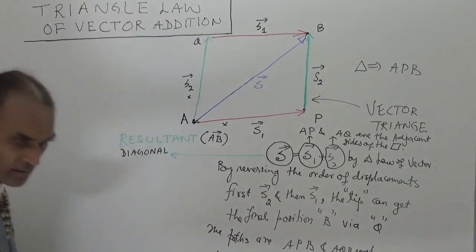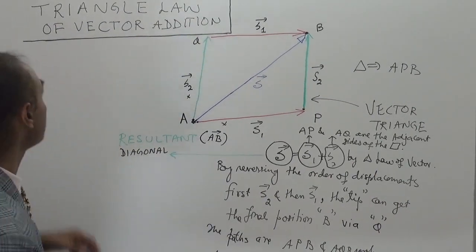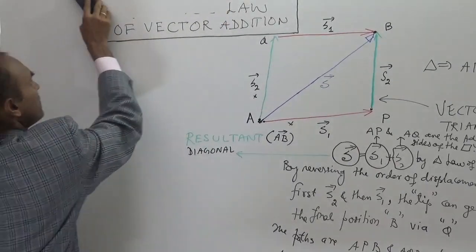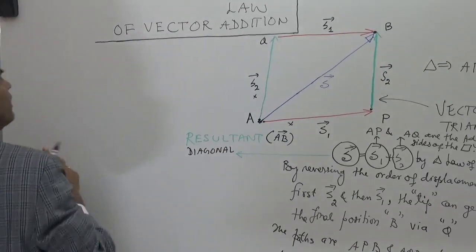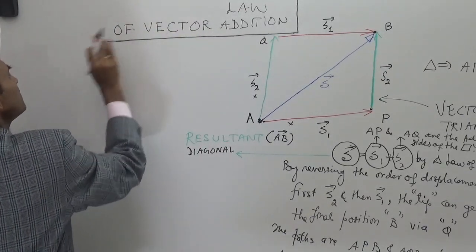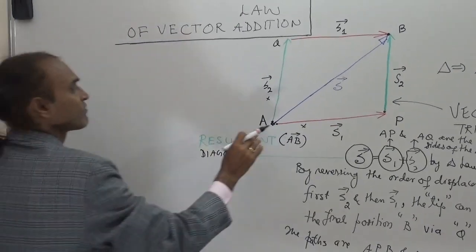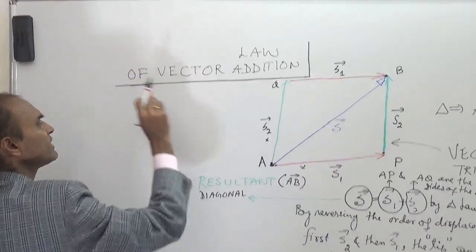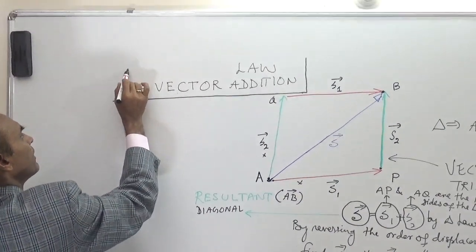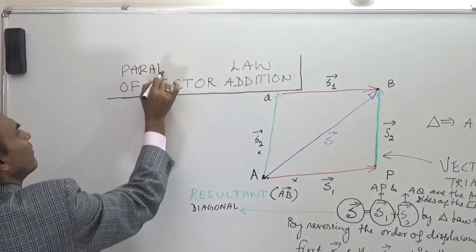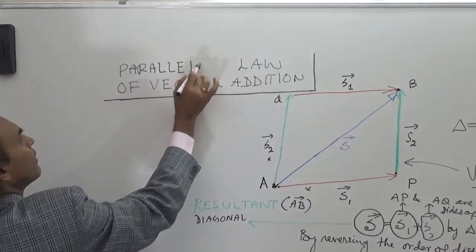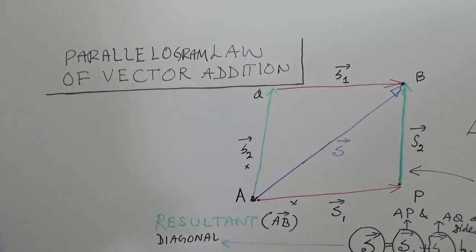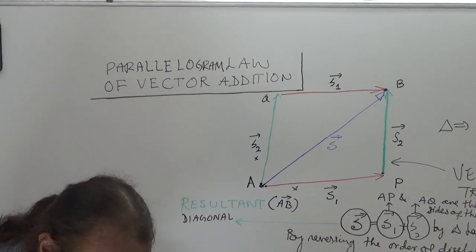So we can write the statement as a statement of the parallelogram law of vectors. The triangle law of vectors can be used to demonstrate that yes, we can get a parallelogram by using two such triangles. So we will get the parallelogram law of vector addition, which states that